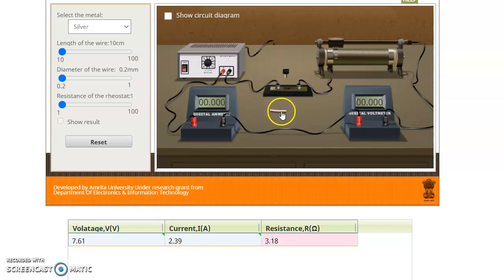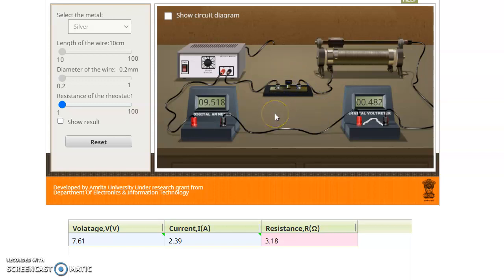Now this is the wire whose resistance we have to find out, and like potential we have to find out. If you remember, the voltmeter is connected in parallel to the device whose potential we have to find out. So we will pick this silver wire and keep it here, and this is the parallel combination. Now let us drag this key and make the circuit closed.